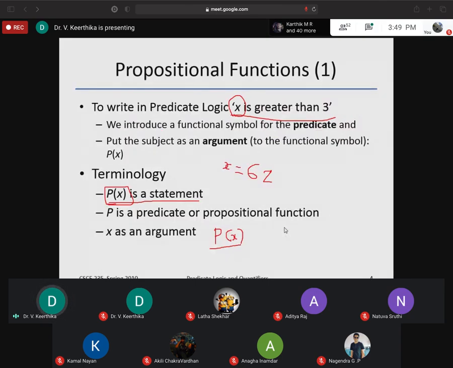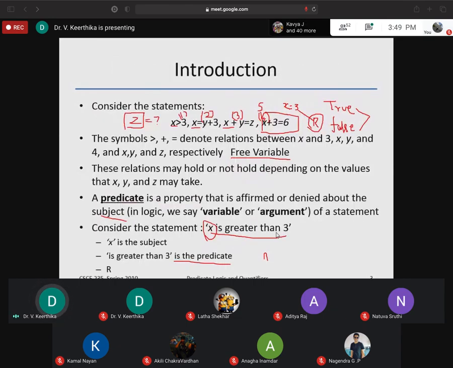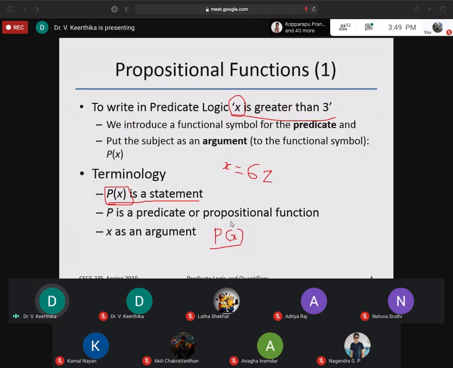Now we also have propositional functions. A function here means the statement I have given. Based on the proposition, I give the function, and that is called a propositional function. So P of x is a statement. I can write P of x as x is greater than 3, or otherwise x greater than 3.